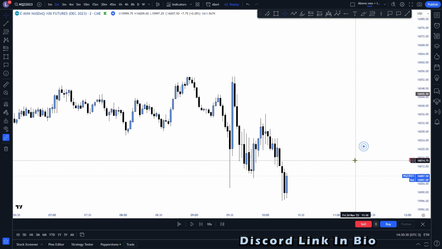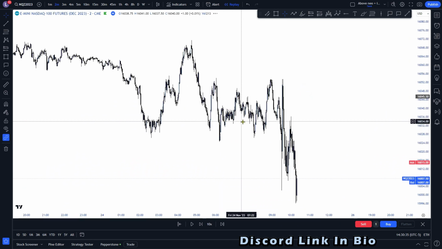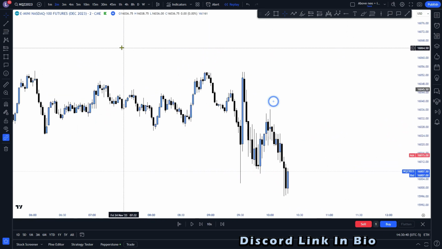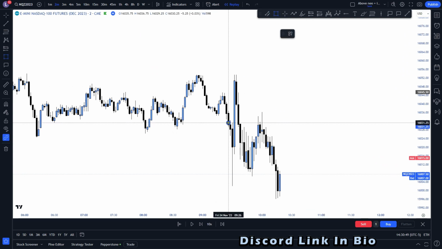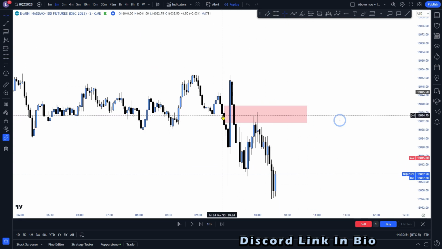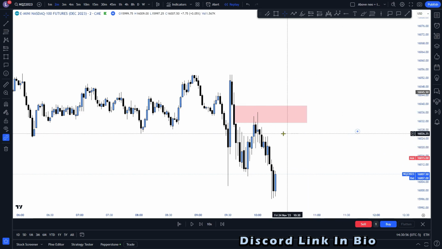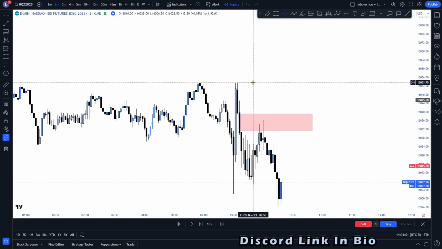Now, what I mean by that is, if I am bearish on the day, so for example, here I was very bearish. Well, I didn't actually trade, but let's say I was very bearish on Friday, I would only be looking for bullish fair value gaps to sell side liquidity. So I'd only be looking to take bullish inversions. Let's say we have this fair value gap here, which is a bearish fair value gap. If this got inversed, I most likely would not take it to the upside, just because that is not my